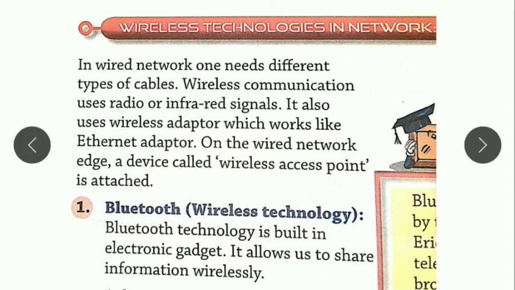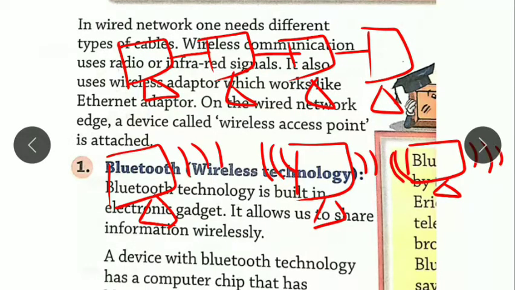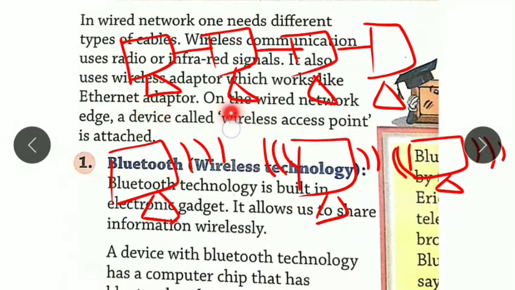So first of all, student, tell me, do you understand what is the computer network? Yes, computer network means what? It is the set of computers which are connected together. Okay, student, now here I draw some diagram. So here it is the wired computer network. Why do I call it a wired computer network? Because if you observe here, I connect the computers with the help of certain cables, isn't it? These are the cables. So with the help of cables, I make the connections. So that's why this is the wired computer network technology.